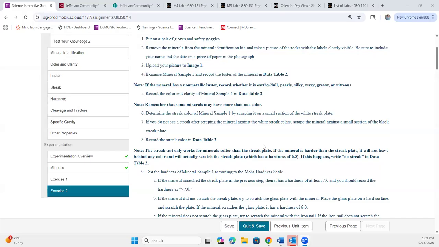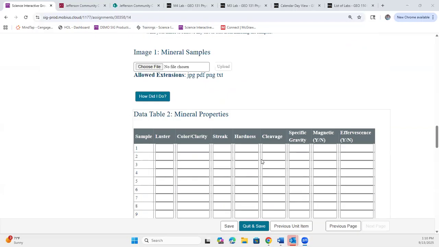You've got a black and a white streak plate. We're going to open this up. Oh, that's the black streak plate. We need the white streak plate. Most of the minerals, you're going to want the white streak plate. Definitely for number one. You're going to take this out, and you're going to do it like that. And you notice that the streak is black to gray black. You also notice that this did not scratch the streak plate. So you record in your mineral table,